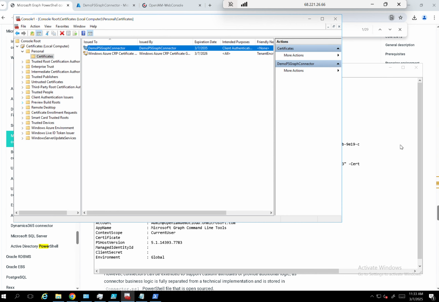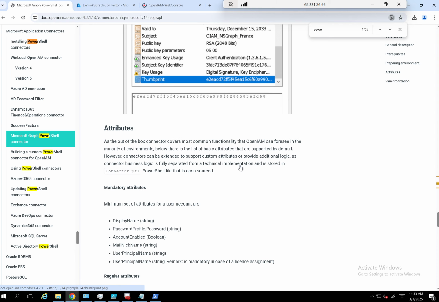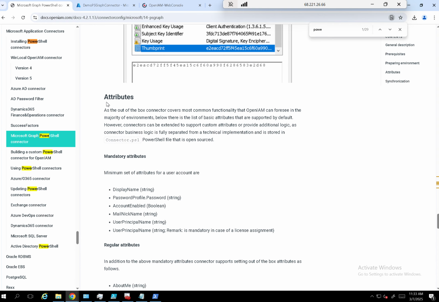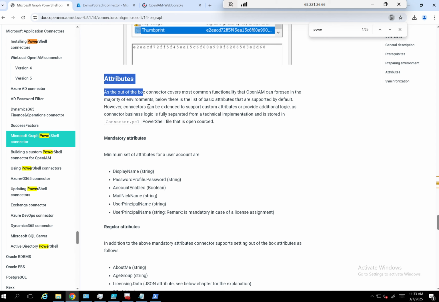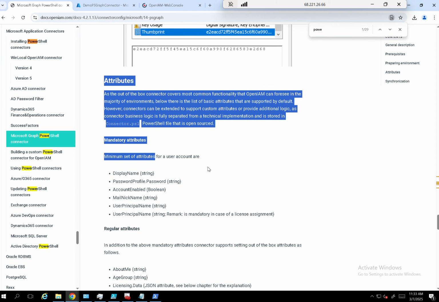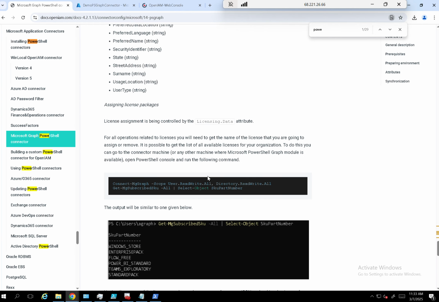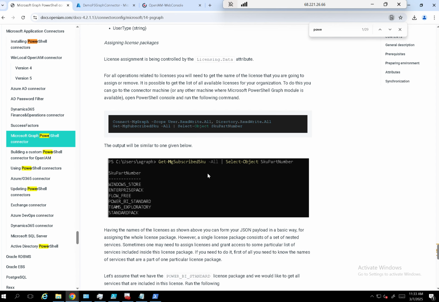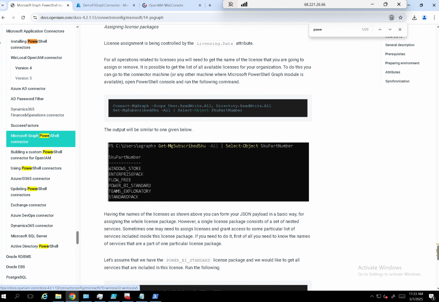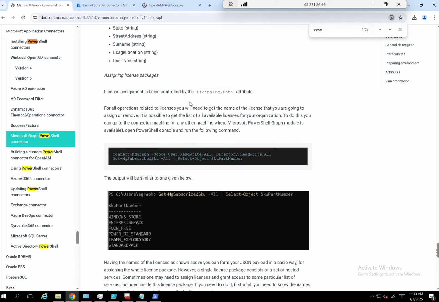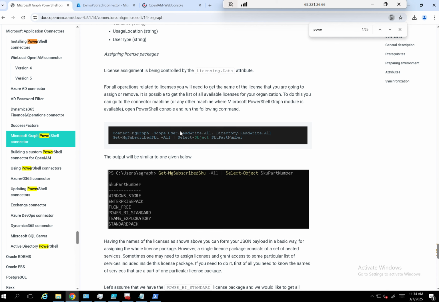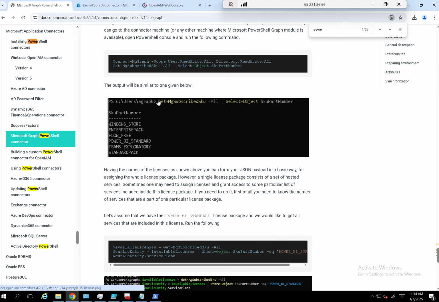So let's go back to the documentation, and now there is a section with attributes that the connector can work with by default. It can also work with licensing. There is an explanation about how licensing data should be populated. So we need to know the